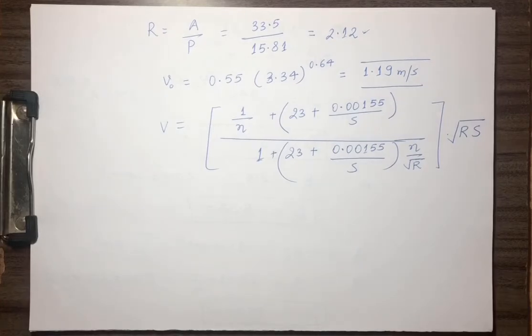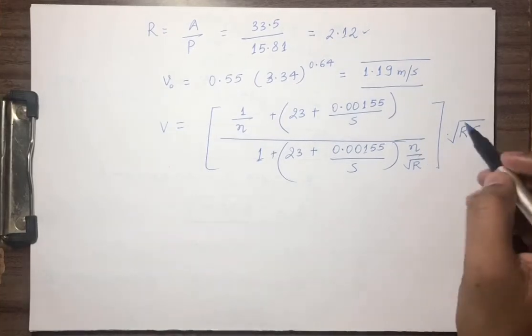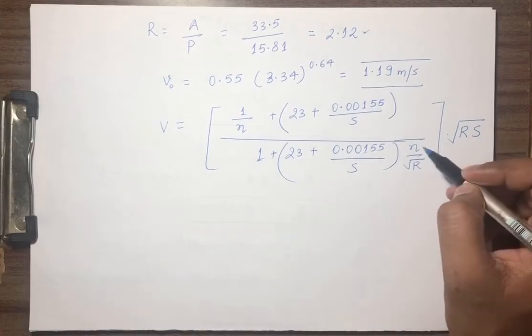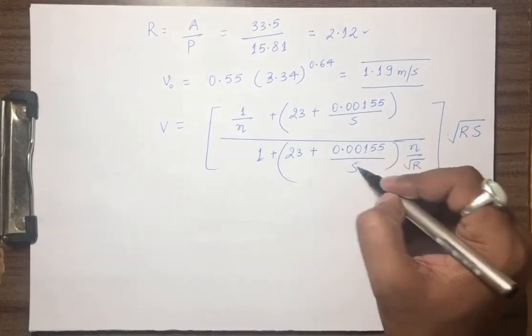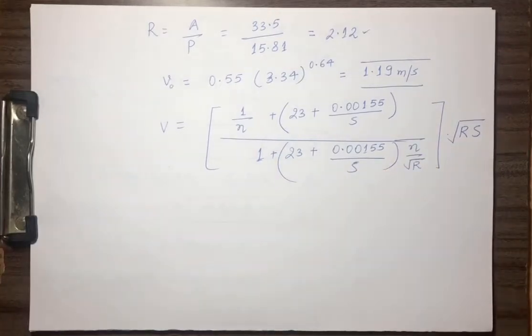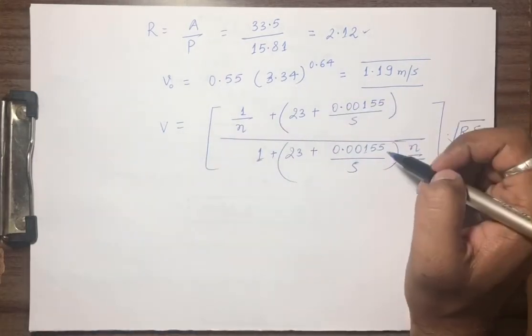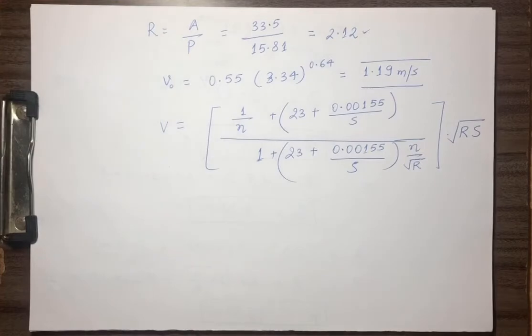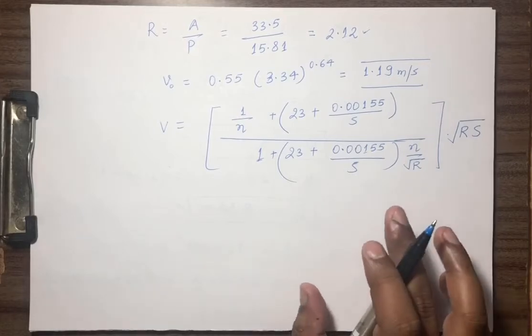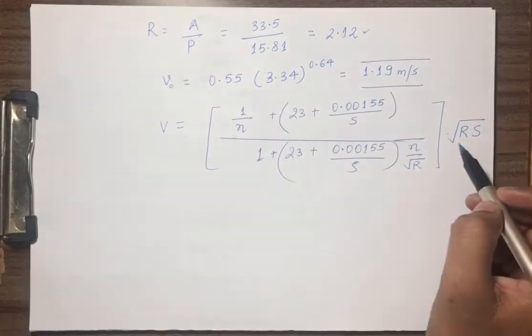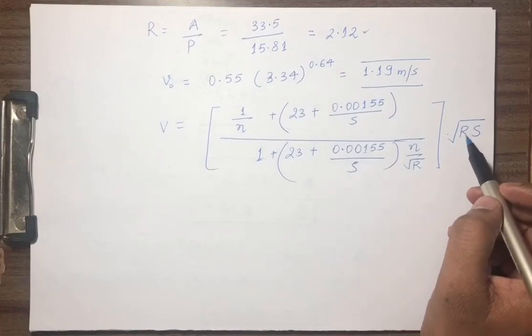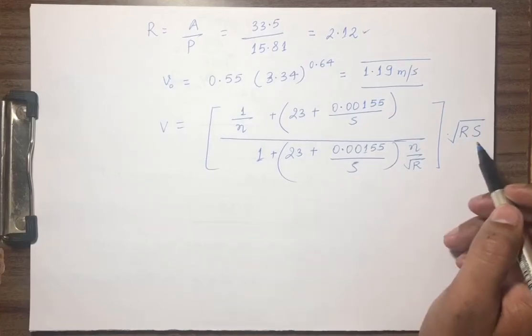So we have to see r cannot be changed, and this is also constant, so the only variable left is s. So we have to choose s such that this v becomes equal to v naught. In the previous example we were varying the value of y, but now y is fixed because of the question. So r cannot be changed because it is directly dependent upon y only. So the only variable here is s.